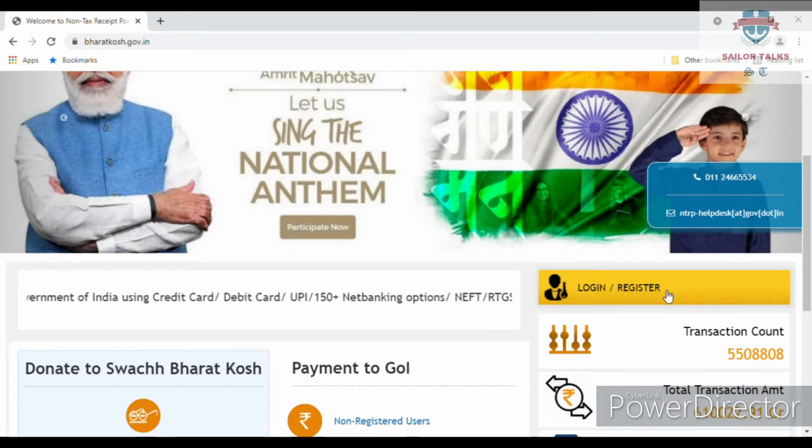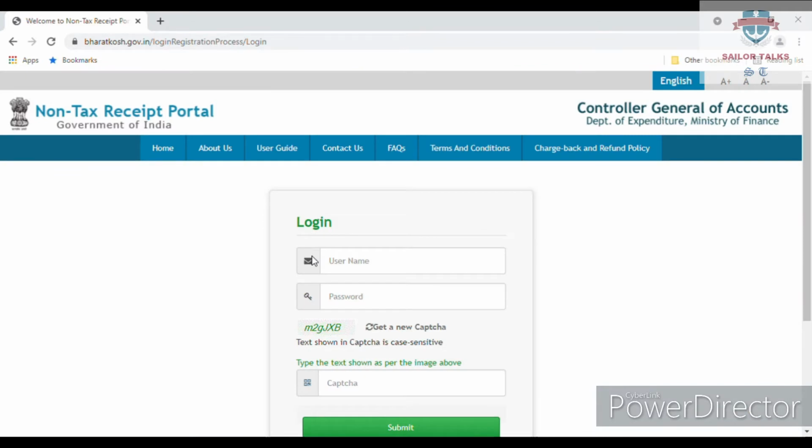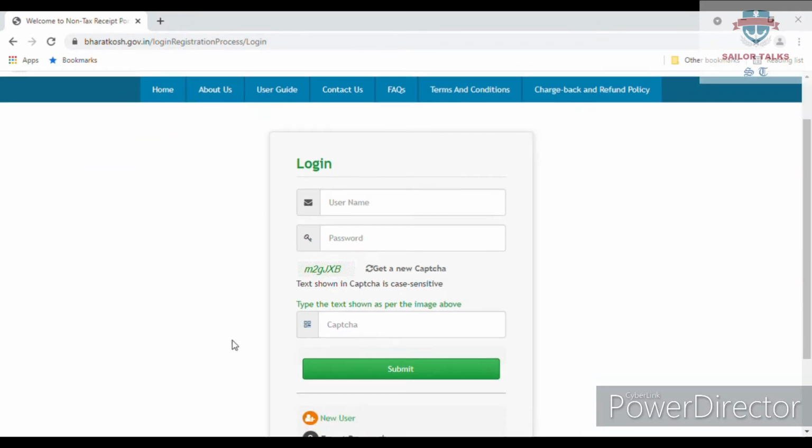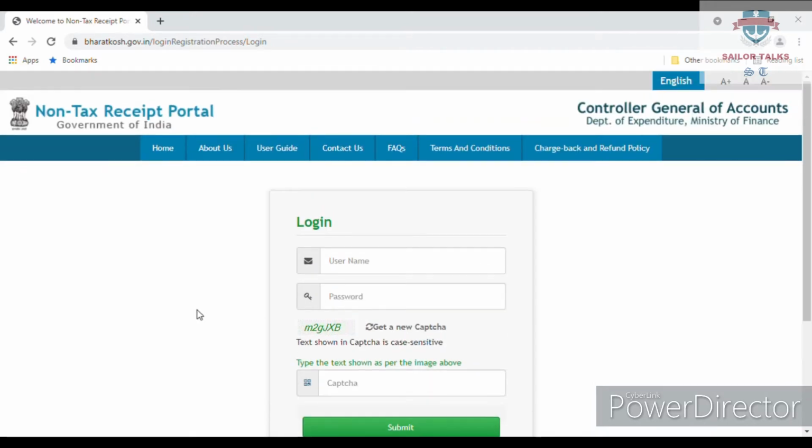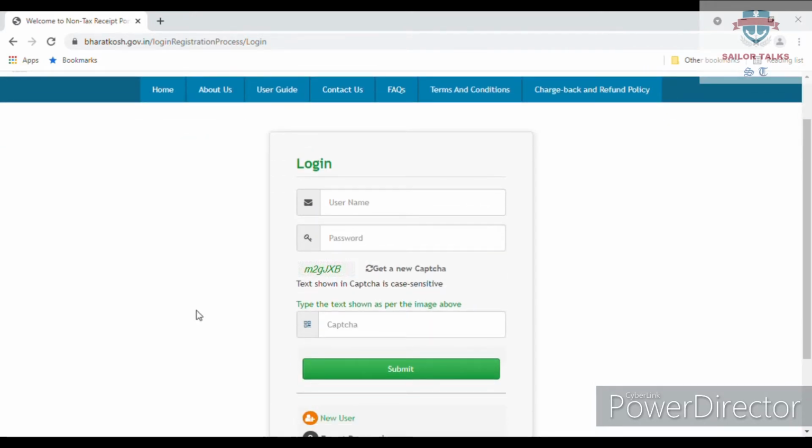You click on login/register, then a window will open like this, a login page with username, password, captcha, submit and new user. If you have made your account in Bharat Kosh earlier, you can log in by typing your username, password, captcha and submit.